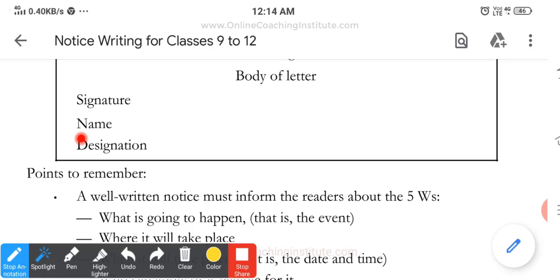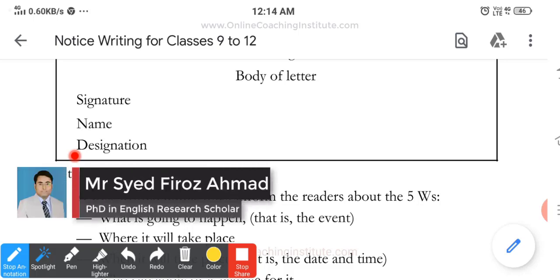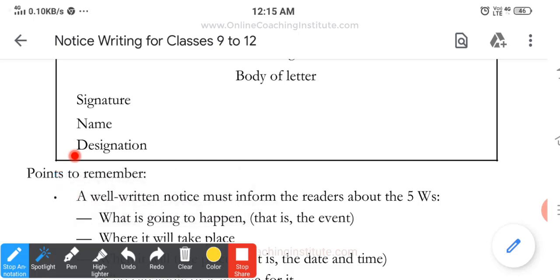Then after, you have to write the designation. So this section is for the designation, and remember where it is written, just below the name. So designation means what is your specialization, you have to mention. If you are a student of your school, you have to write here the student of this and that class. Or if you have any post at a school, for example secretary, or you are a principal, whatever. Or suppose in the examination you are asked to write on behalf of the principal of your school, or the secretary of the school, so you have to write that designation here. So mostly people write, head boy or head girl,